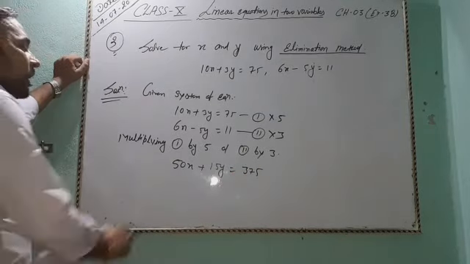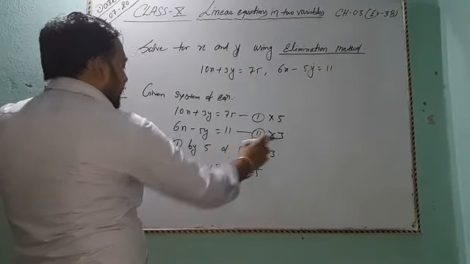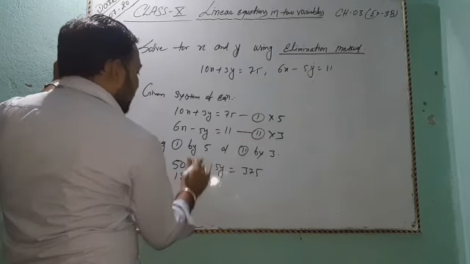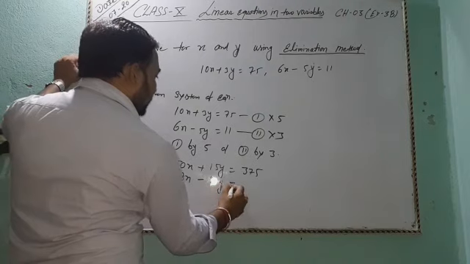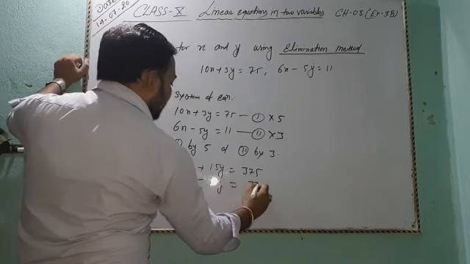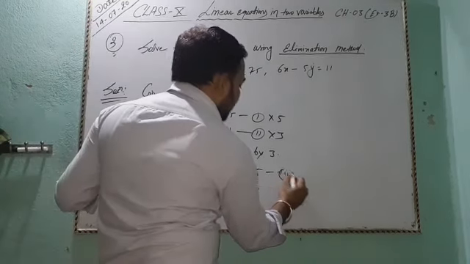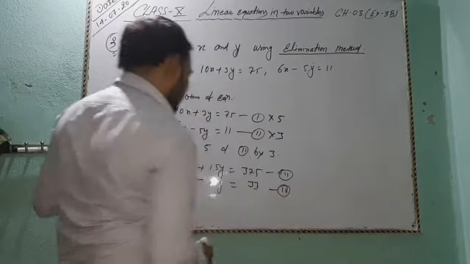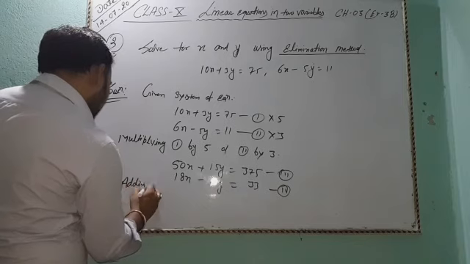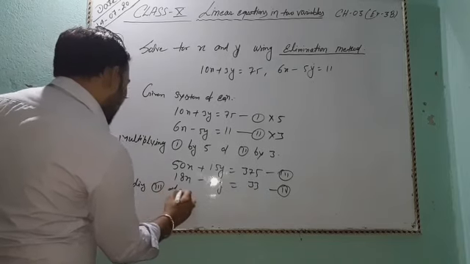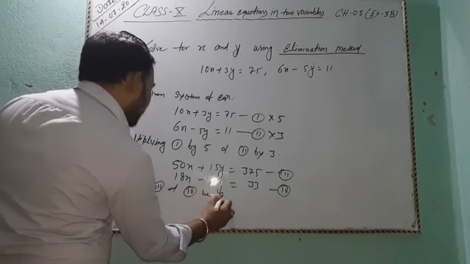Okay, and 6x multiplied by 3 is 18x, and 5 times 3 is 15, minus 15y equal to 11 times 3 is 33. Okay, this is equation third and this is equation 4. So adding 3 and 4 we get,